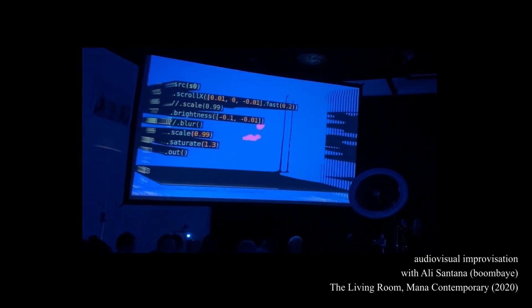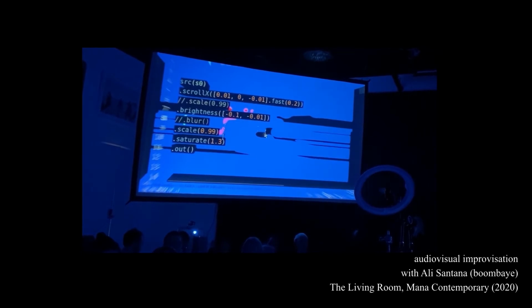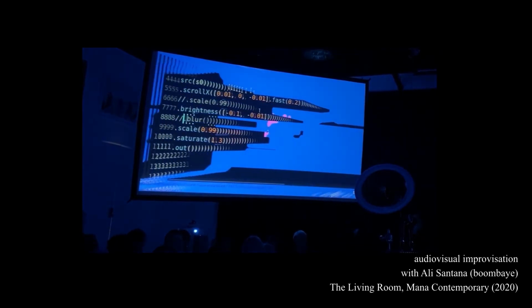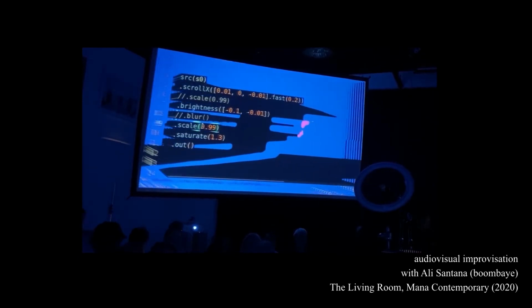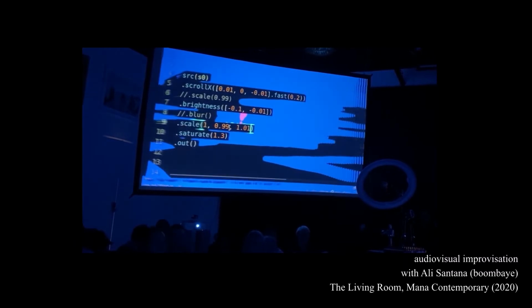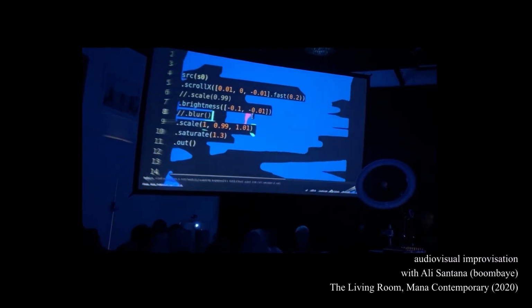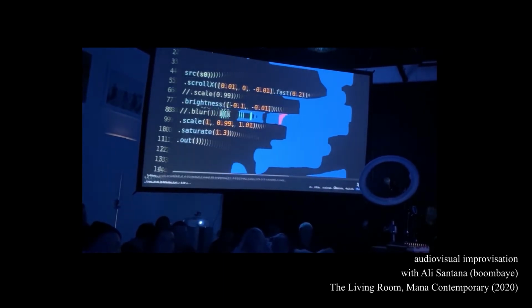As you can see, I'm showing my text editor, and the movements of my mouse on the text editor and the movements of writing code are both there, so you can see the process, but it's also creating the visuals behind it. This was a collaboration with a musician that was all improvised.